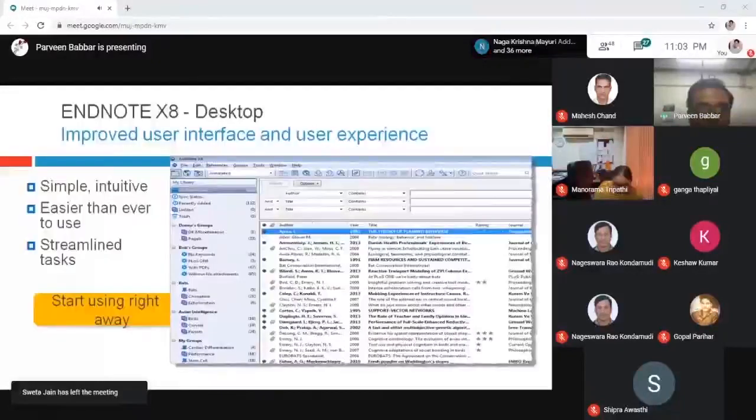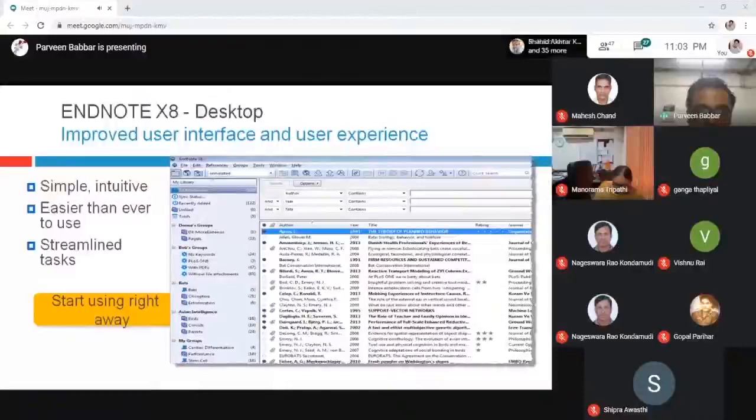This is a brief about EndNote desktop, just for your convenience. I am just giving a brief description of the EndNote site and how it works. It is just like other reference management tools. It provides a library to you. Once you download EndNote desktop onto your desktop or laptop, it creates a library for you.